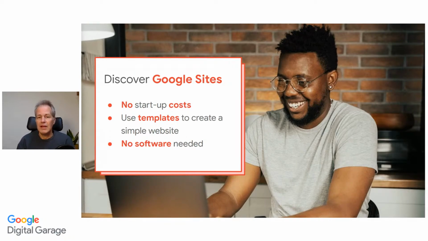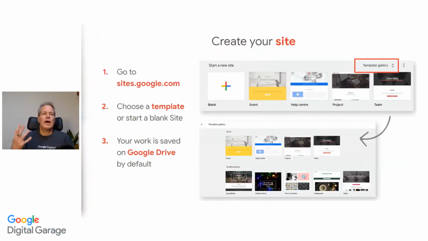Once you've got that, then, of course, it's building the site. Now, it used to be difficult to actually publish Google Sites on a domain, but now it's all working fine and working well. So you can do that quite easily. Okay. So for creating your site, so you've got the domain, got all that sorted, you go to sites.google.com, okay,